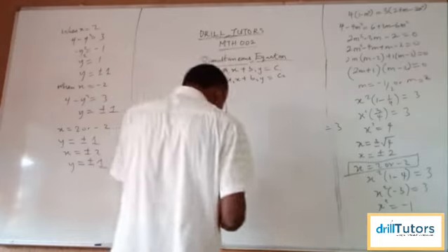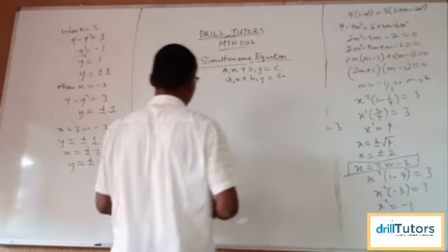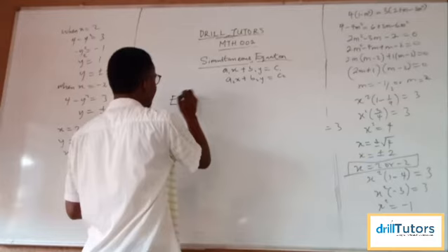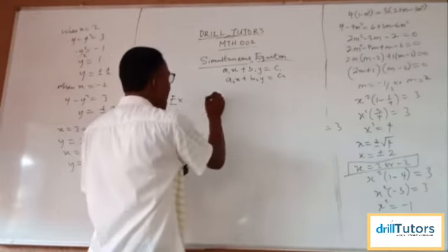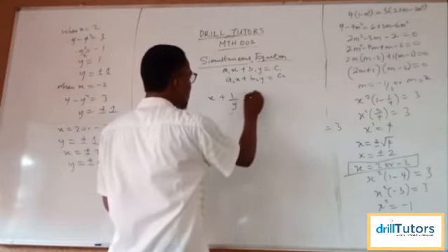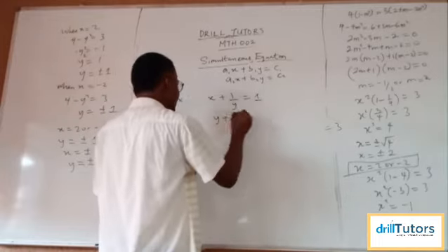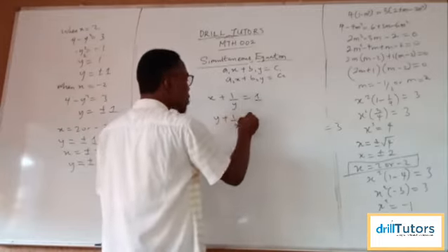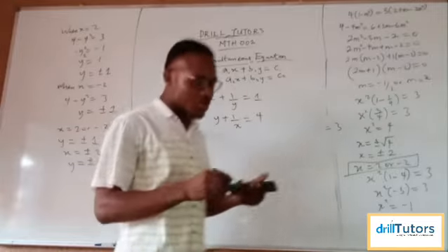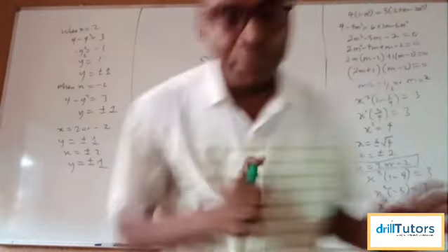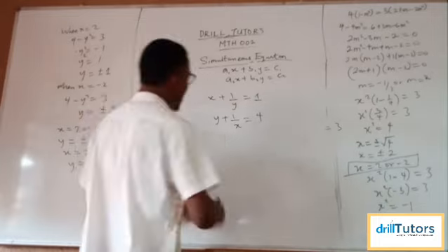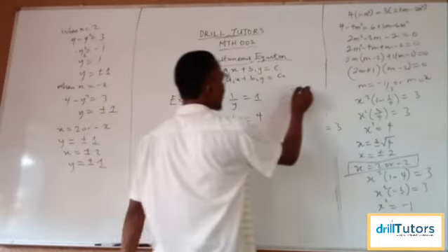Now, look at this question. If I give you this question to solve, example, if you have x plus 1 over y to be equal to 1, and y plus 1 over x to be equal to 4, find the solution to this problem. Now, this is very simple actually. From equation 1 now,